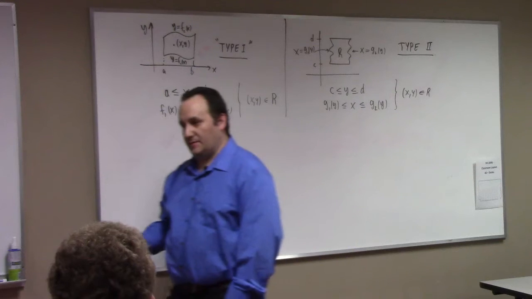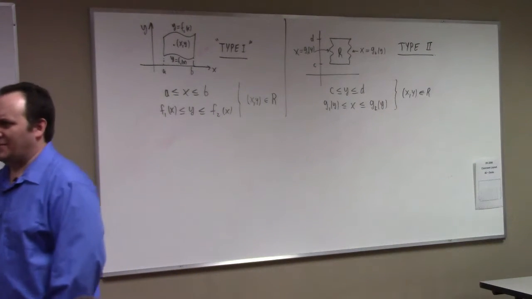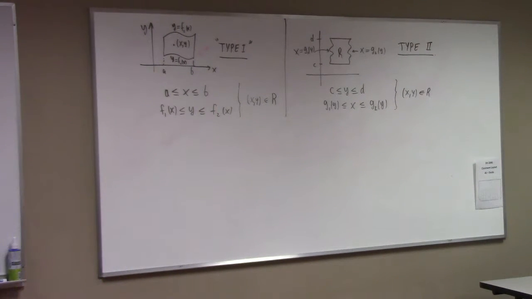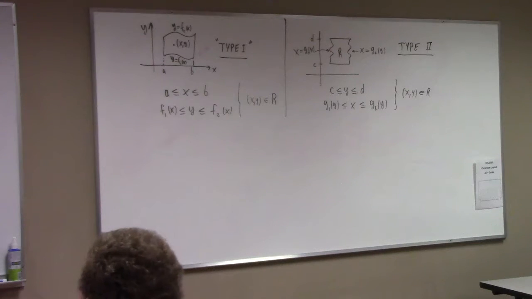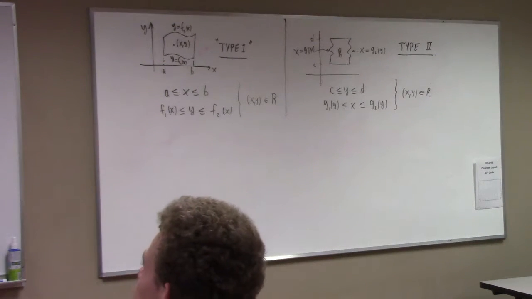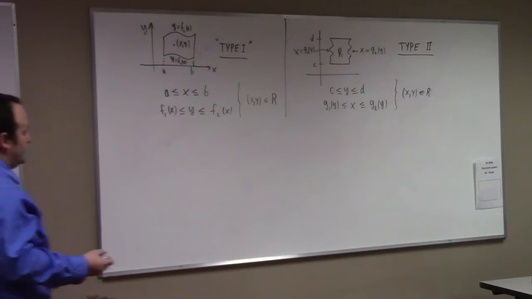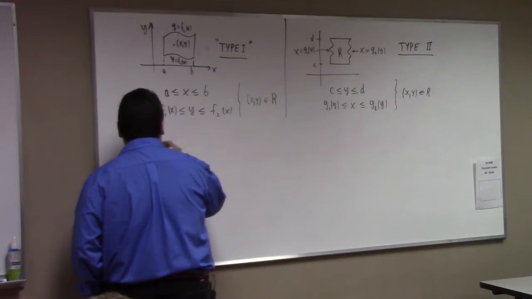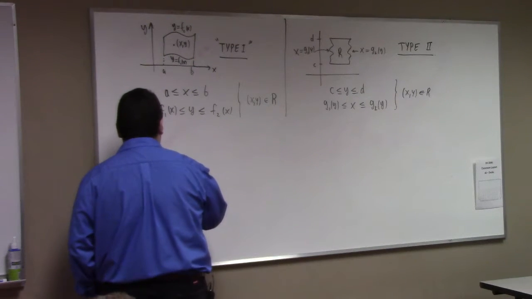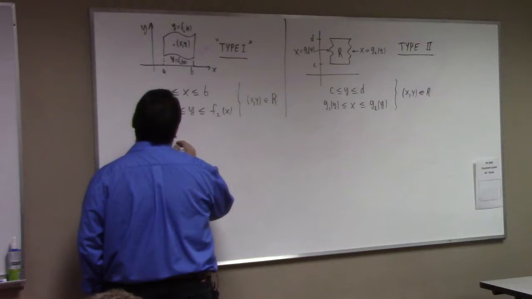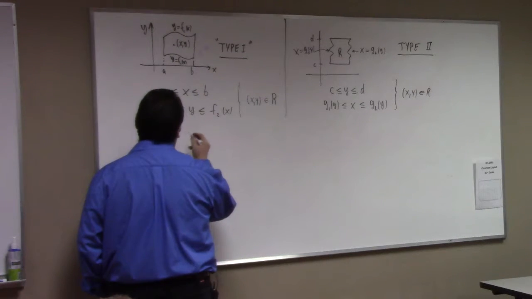There is a Fubini theorem. In fact, that's probably not really the Fubini theorem. The real Fubini theorem, those are the weak forms of the Fubini theorem that I wrote down over there. I think what I'm about to write is probably best called the strong form of the Fubini theorem. And the strong form simply says this: if you wish to calculate the integral over such a region R of a function, let's call it g this time,